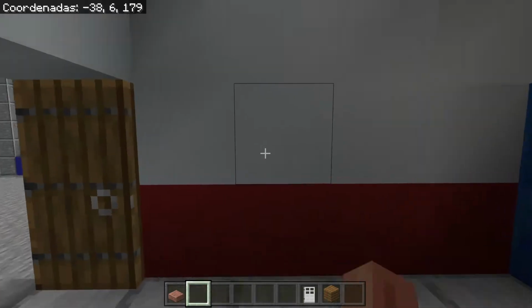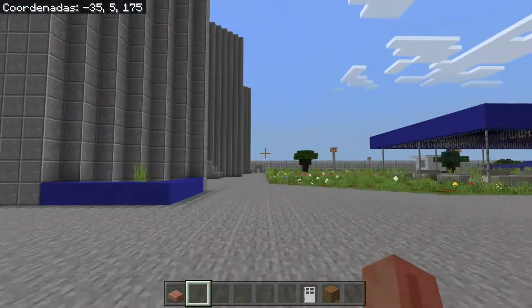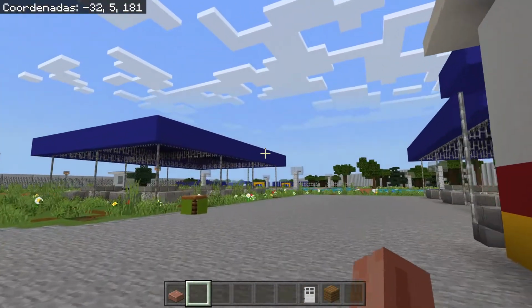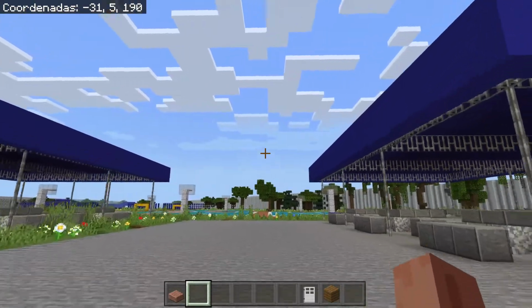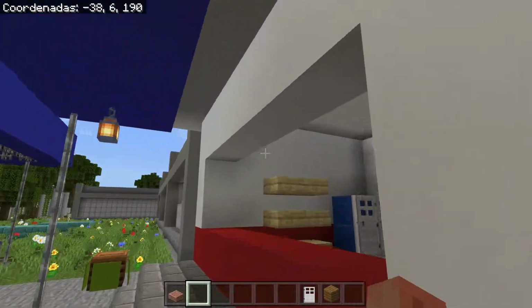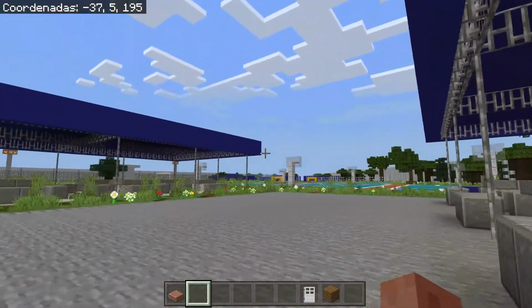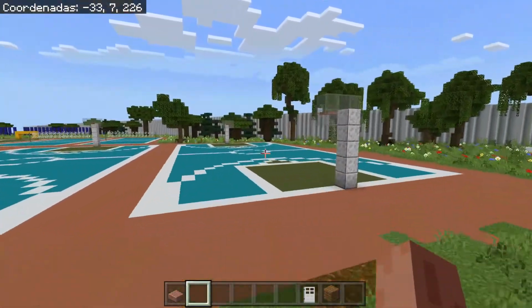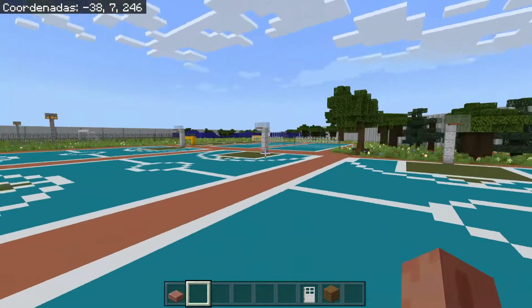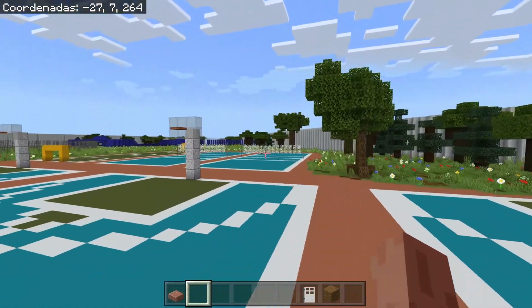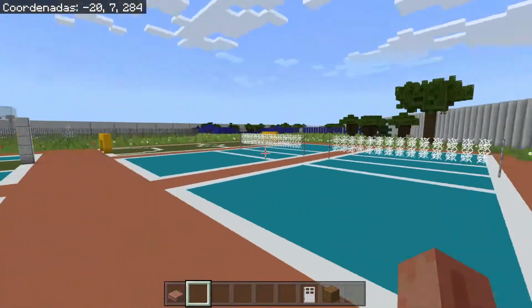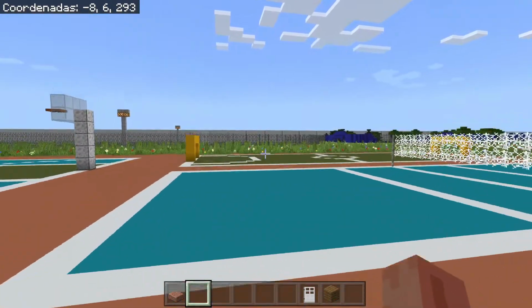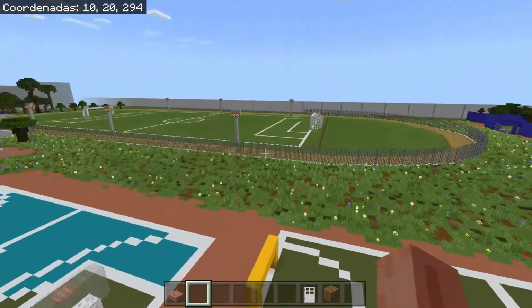It's empty right now because of what I was explaining about the furniture having a cost. So we just haven't added anything of that. But then if you continue walking around, you can reach these basketball courts and also the volleyball courts, and we have here the soccer field.